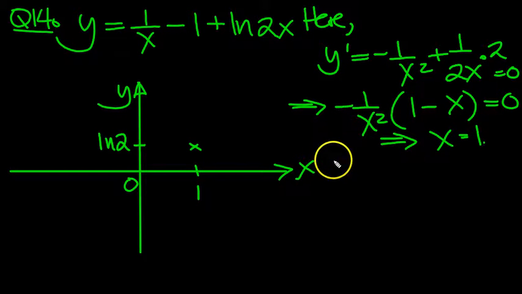What happens when x is large? This tends to 0, and this flattens out. So this becomes negligible, so it's just going to tend to the log, and the log 2 just tends to flatten out, less 1, it's just going to flatten out. So it looks like it's going to come up